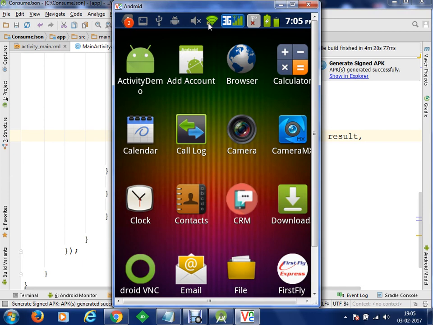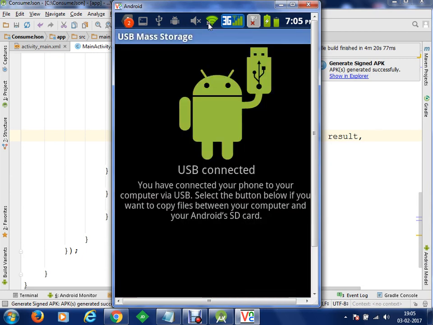Now we are going to run the application. We're connected with USB. Let's just turn on the USB.